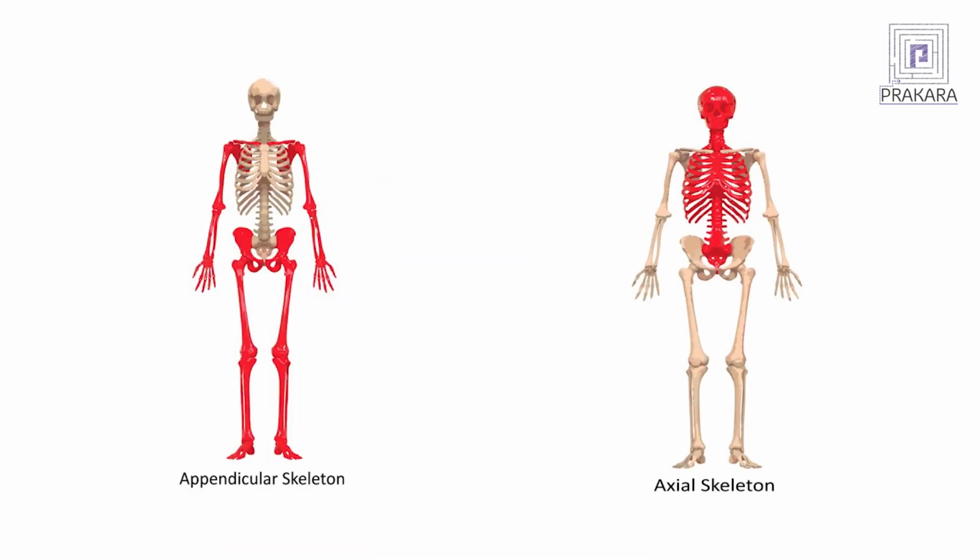The second function of the thoracic cage is that it forms a connection between the axial skeleton and the upper limbs through the clavicle bones or the collar bones. The third function of the thoracic cage is that it forms the connection for the respiratory muscles, that is the muscles which are required for breathing.